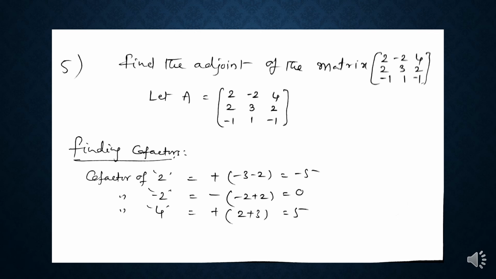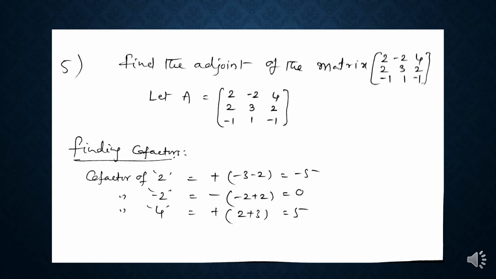So what is the adjoint of the matrix? The transpose of the cofactor matrix is the adjoint matrix. What is the procedure to find the cofactor matrix? To find the adjoint of the given matrix, at first we have to find the cofactor matrix. Finding the cofactors for each and every element of a matrix and replacing the elements with their corresponding cofactors is called a cofactor matrix.